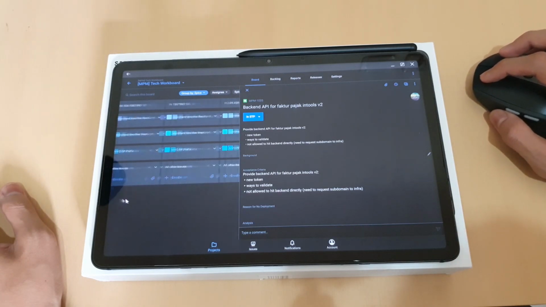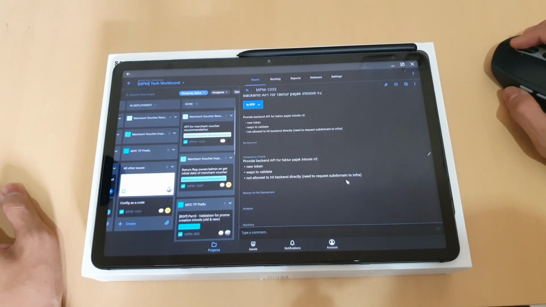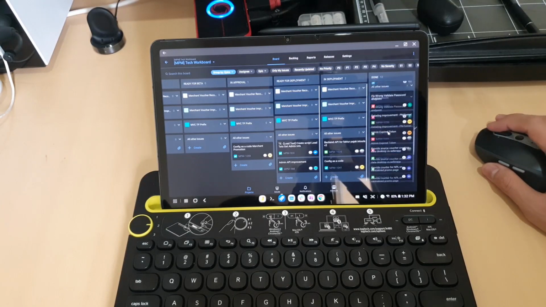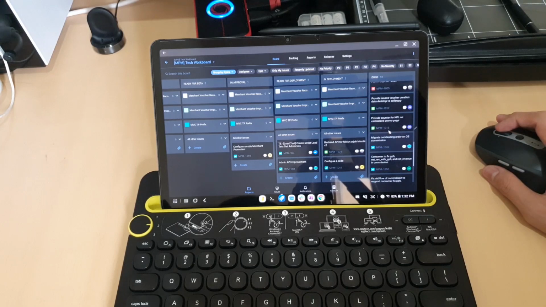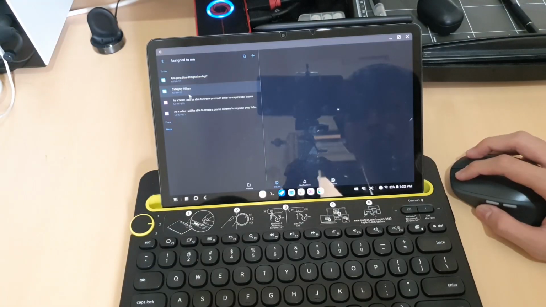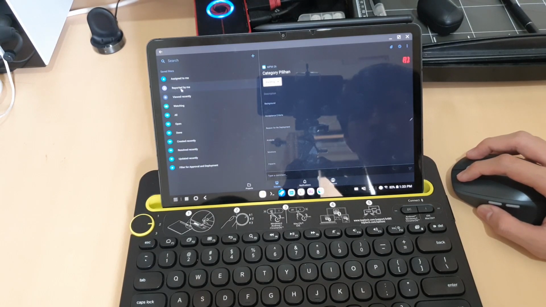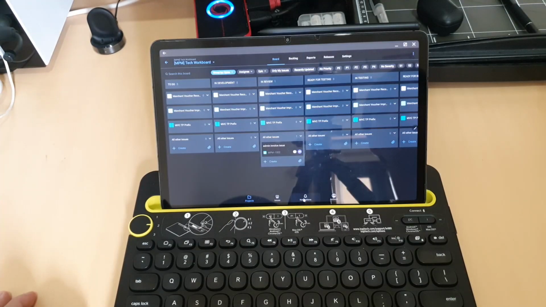On DeX mode, it is surprisingly great. It's not like the zoomed version of a smartphone app, but it is a fully functional big screen app. Project management is great using keyboard and mouse. The issue list is separated into 2 sections. On the left side, I can see the list of assigned tasks, and the right side is the detail of the task. This is also the case for notifications.